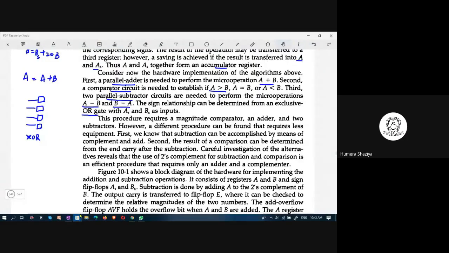Then what is the problem? XOR gate you forgot. If two inputs are 1, then the output will be 0. 0, 0 is? 0. 0, 1 is? 1. 1, 0 is? 1. 1, 1 is? 0. This is used to identify the sign bit. Which sign does 0 denote?